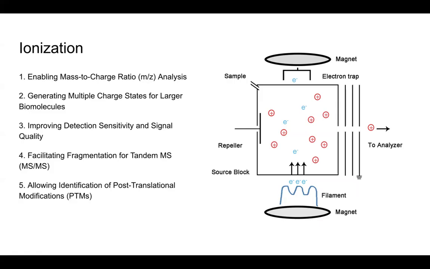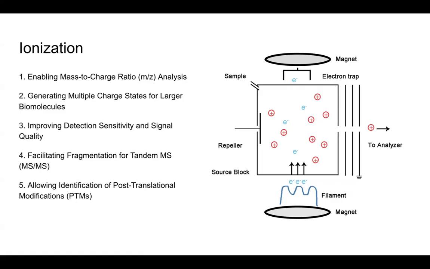So this is essential because large molecules, if singly charged lang sila, if isang charge lang yung nabigay, they would have very high mass to charge ratios that may exceed the mass range of the mass spectrometer. So multiple charging reduces their effective mass to charge ratio, allowing the mass spectrometer to detect and analyze larger